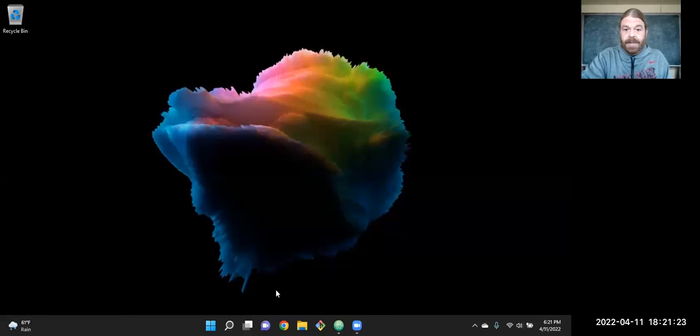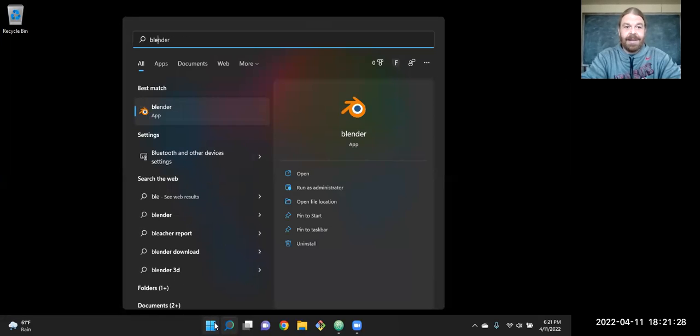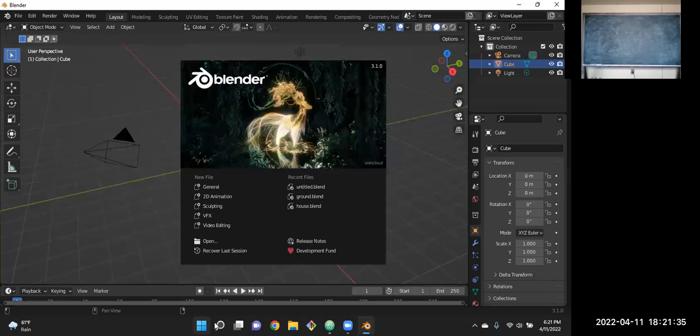So I'm going to start Blender, and I have to go grab my other mouse because I forgot to grab my good mouse, or my normal mouse. And there you go. The little laptop touchpads don't work quite as well as a regular mouse with the middle button.